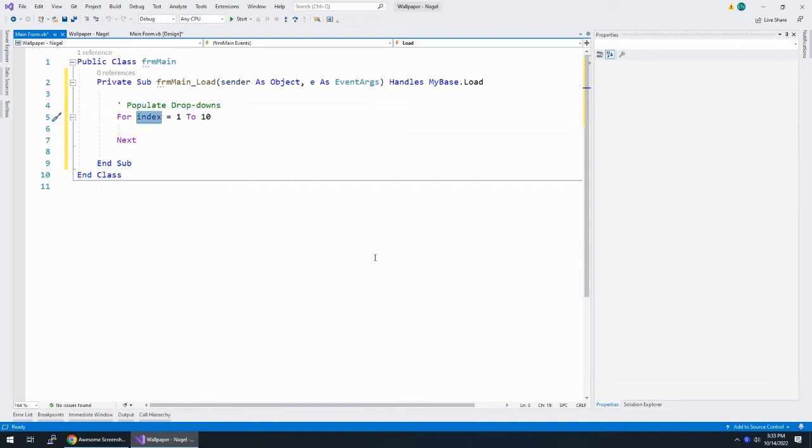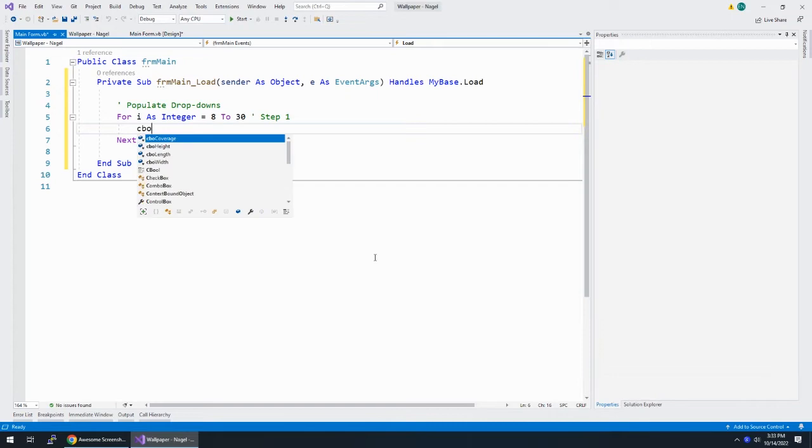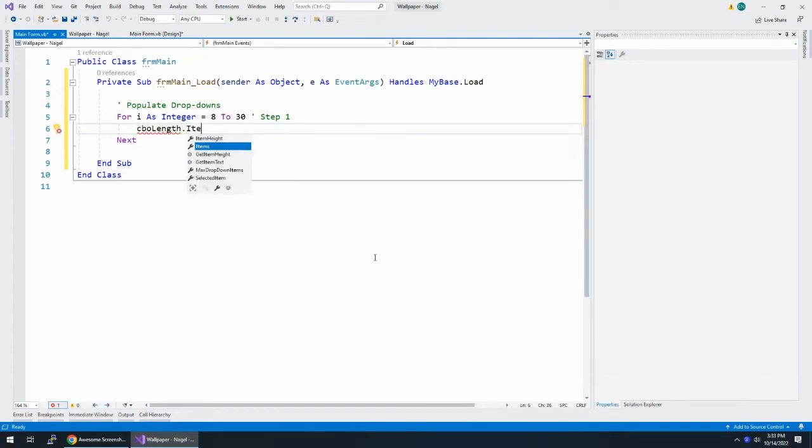And I'm going to say for I as integer, and normally our variable names would be very descriptive, except in loops, we can just use I. And I want this to go from 8 to 30. And what's implied here is step 1. All right, if you don't provide a step in your loop, step 1 is implied. And then in the combo box length, which is my first combo box, I'm going to look at the items collection and I'm going to add to it I, and